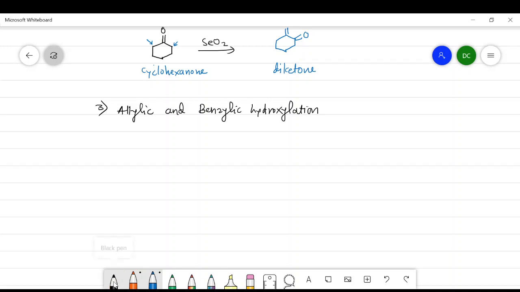First, we have to know what the allylic and benzylic positions are. Let us consider the example, that is CH3 attached to CH double bond CH2, and another example in which I will write a benzene ring and it is further attached with the CH3. Now this carbon and this carbon, they are involved in the double bond formation, and on this carbon there is a CH3.